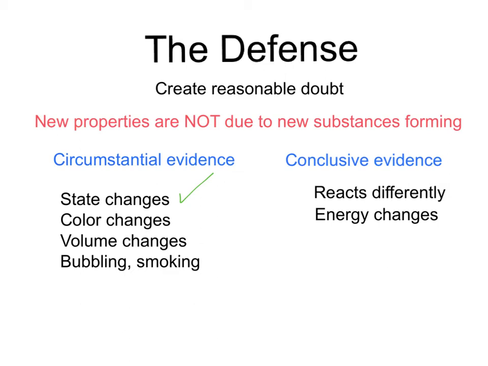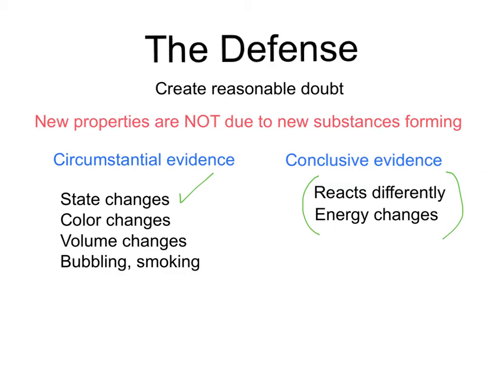Any change you see, you need to explain as being some kind of physical change and not the rearrangement of atoms. And if you're the defense team, and you see one of these things happen, you're really going to have to work hard to explain that away, because that's a really good strong sign that a chemical change has happened. It could be that you got data that shows this incorrectly or in error, in which case you might want to say, well, look, we think that data point is suspect, but you better have good evidence to back that up.